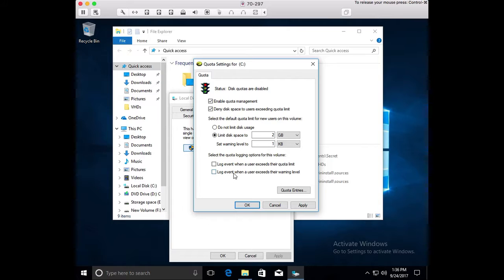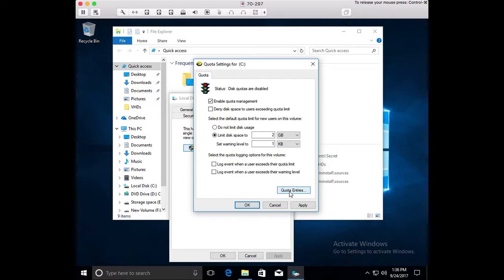So I can go back if for some reason the disk starts filling up, and see who's been using how much data. So I may not be explicitly denying them after their limit, but I can check to see who's been using their limit. Okay? And to give an example of what a quota entry would look like and how we would set a